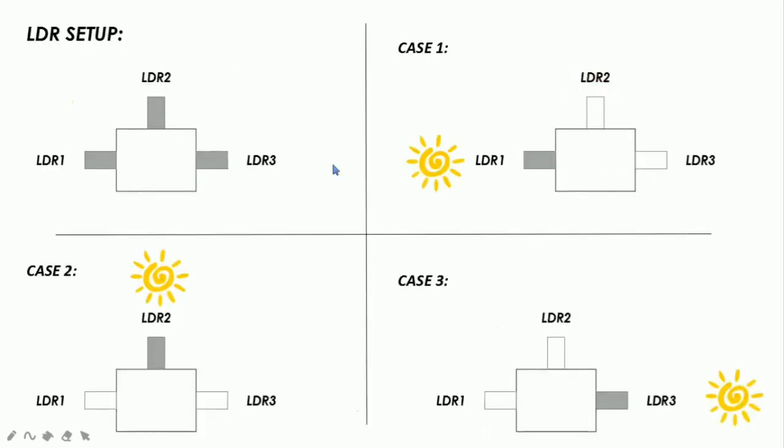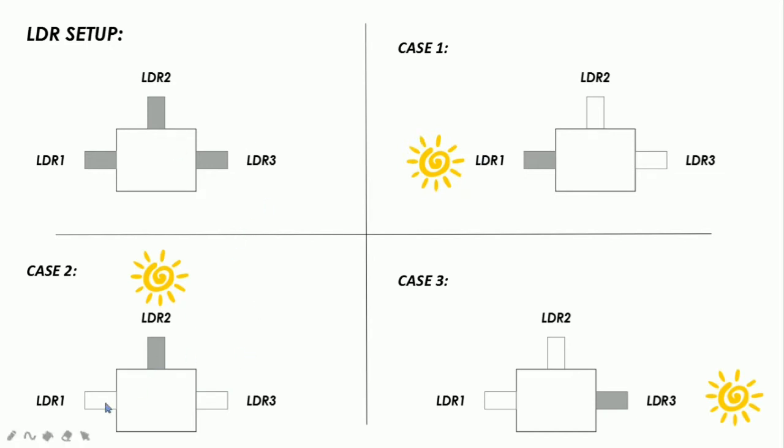Now let's come to the LDR setup. LDRs are light dependent resistors, as I said earlier. We use a box, and over that box we fit an LDR in this direction, another LDR on the left side, and another LDR on the right side, which are east, overhead and west. In case 1, which we discussed earlier, the sun will be on the east side. In that case LDR1's value will be higher than the other two LDRs' values. Comparing these, we rotate the servo motor accordingly in this direction so that it can absorb the maximum number of photons from the sun.